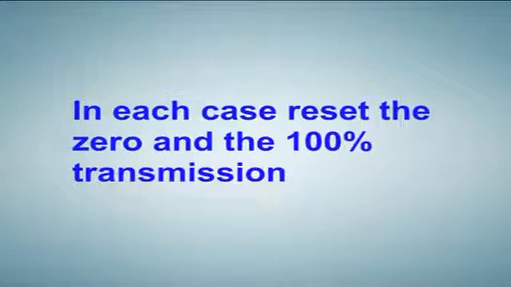Determine the absorbance of these solutions at the wavelength of maximum absorbance previously determined. For a blank, use the solution which does not contain iron. Make at least 3 measurements. In each case, reset the 0 and 100% transmission. Record both the percent transmission and absorbance value. Empty your cuvette and refill it with another portion of the same solution, and again determine the absorbance value. Calculate the average of all 6 absorbance values.